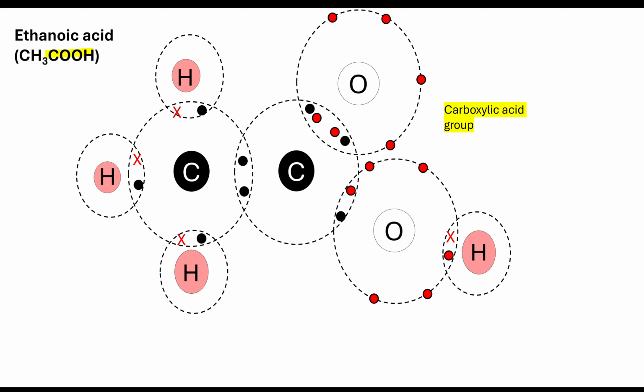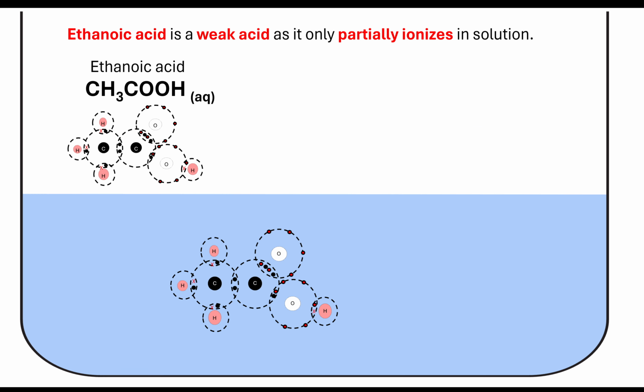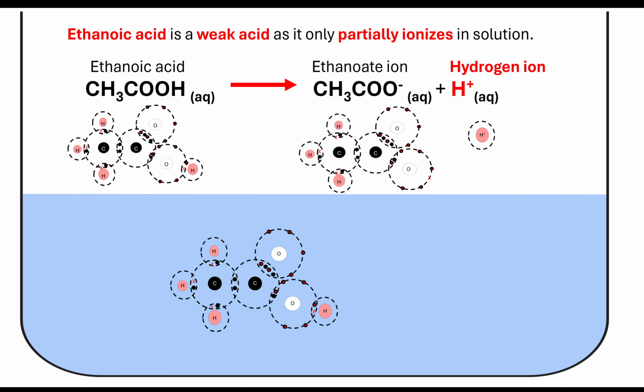So ethanoic acid is actually a weak acid. And the reason it's called a weak acid is it will only partially ionize in solution. But what does that mean? So if I have ethanoic acid and I am dissolving it into water, it is going to be able to show its acidic properties. And that's because when we put it into water, what will happen is it will dissolve